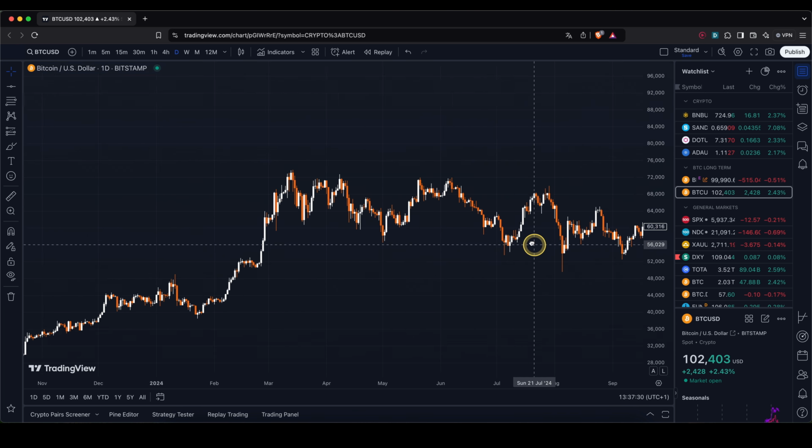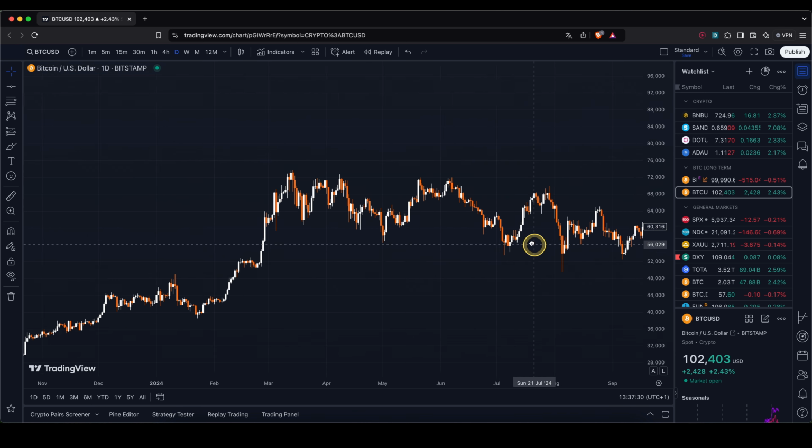So let's go back to the weekly chart, zoom out a little bit. And now I want to show you the logarithmic chart. As you can see, there's a big difference on logarithmic. This is now a logarithmic scale. On none, it's just a linear scale. You can see these steps are always 10,000, 10,000, 10,000, 10,000. If I go to logarithmic, these increments right here, these steps are now